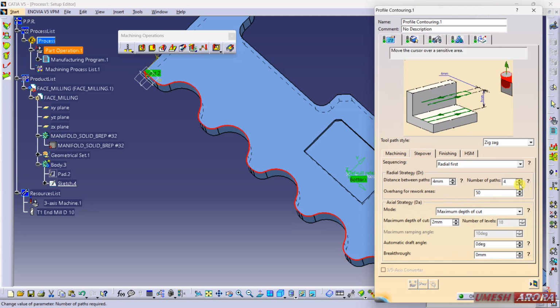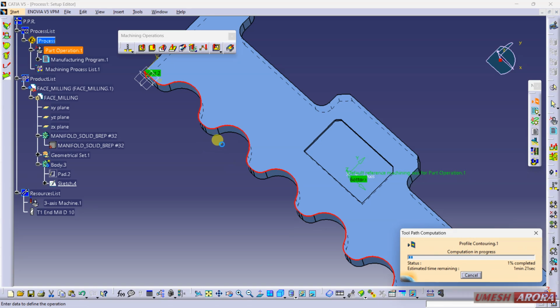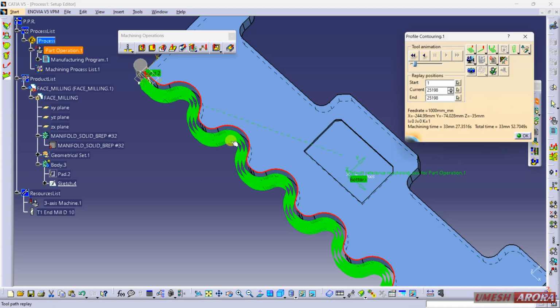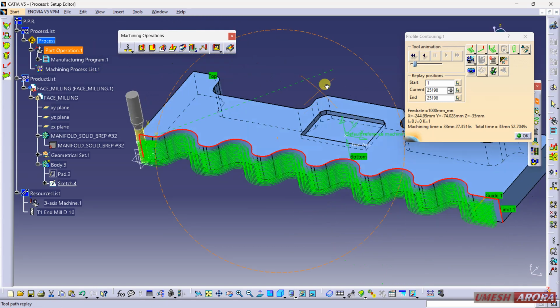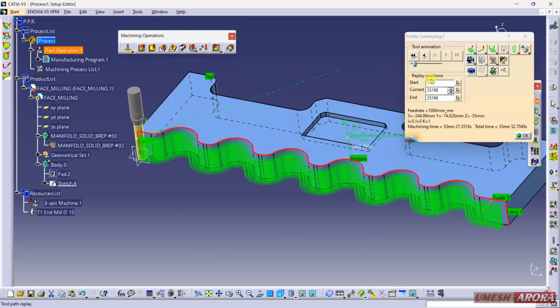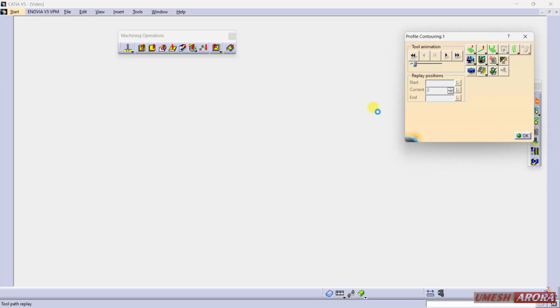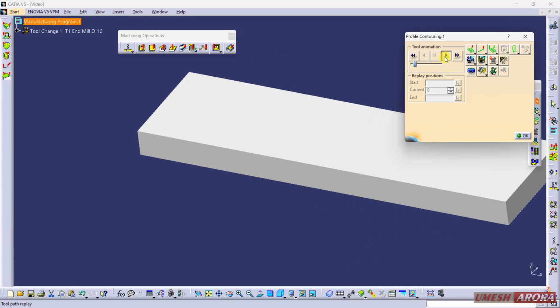So reduce this to 3, it is sufficient, and calculate. And now see, from the top we can see we will get 3 passes. Still it is generating. See, now 1 2 3, 3 passes we have, and the depth of cut is 1. Now I want to simulate it. Click here and play.